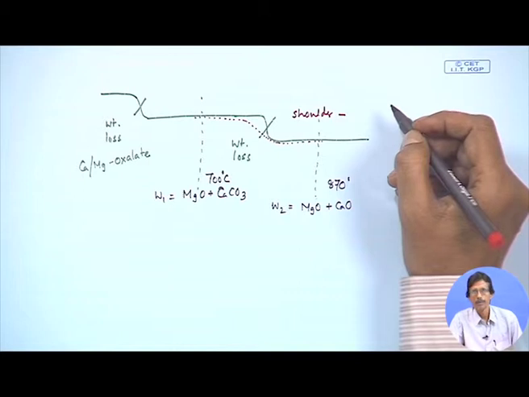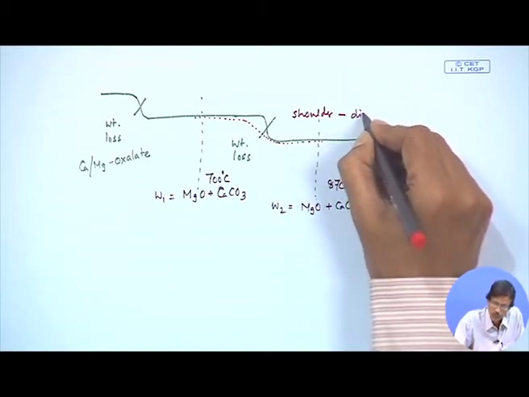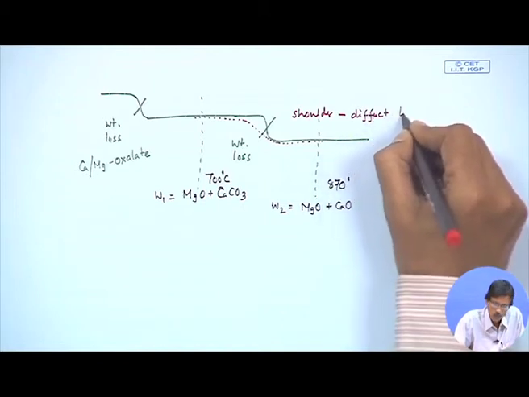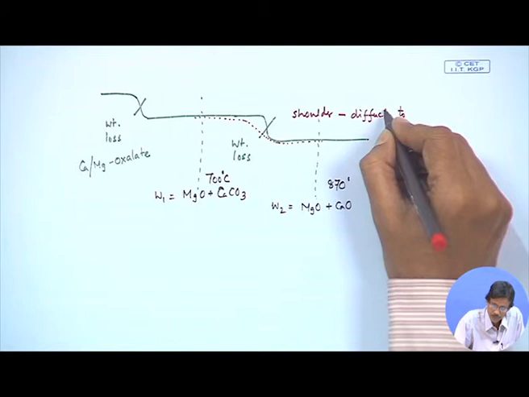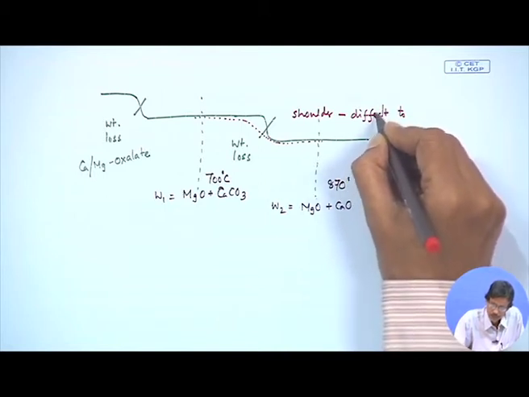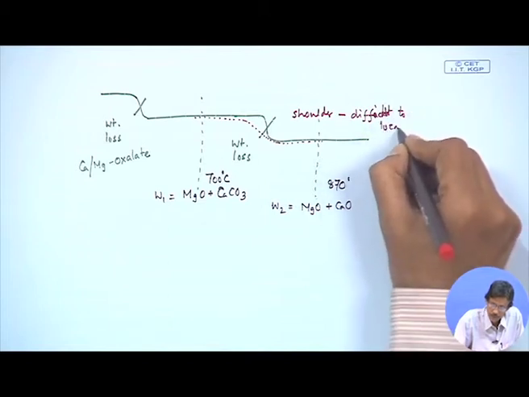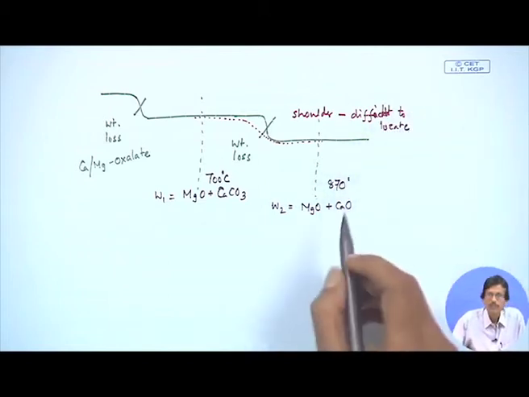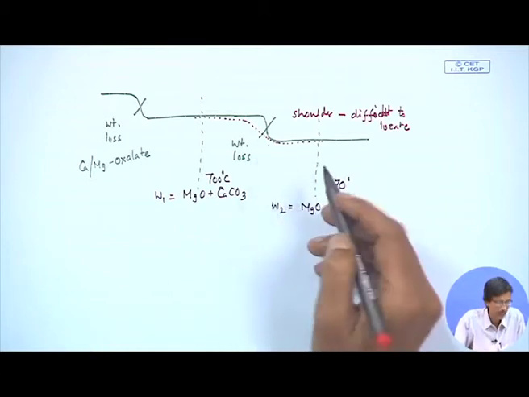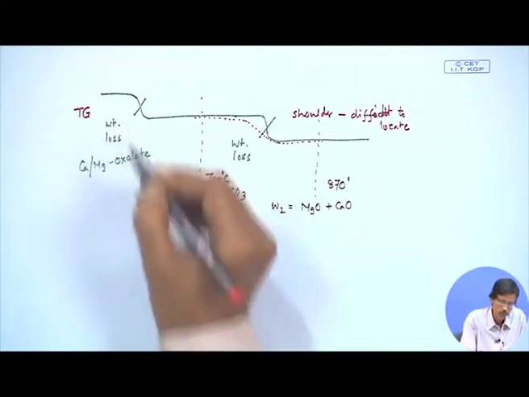If it is a pretty continuous one and it is a shoulder, it is difficult to locate. It will be difficult to locate this particular point, particularly the temperature. So, that is why from TG we go to its DTG plot